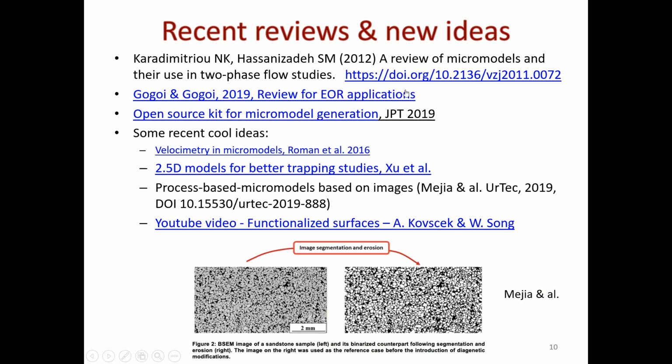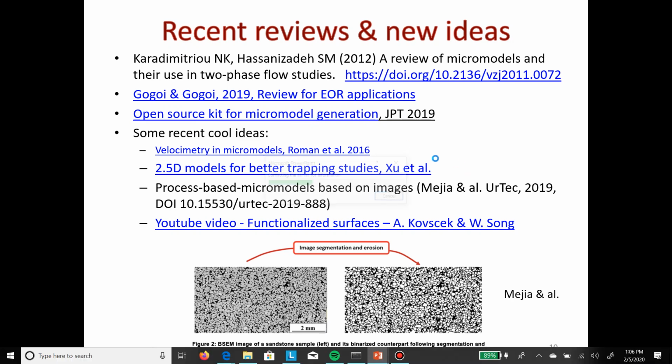Okay? So some of the recent reviews and new ideas in this world. Basically there are 2 review papers if you're interested in learning more. There is a review from 2012, this is a group from Delft. Then for EOR applications, there's Gogoi and Gogoi in 2019. JPT recently had an open source kit for micromodel generation, so how to generate. I did not go into details, but basically it's sort of like a MATLAB thing for generating the mask and then sending it off. So I think it's basically a kit for creating this mask, and then you can outsource making